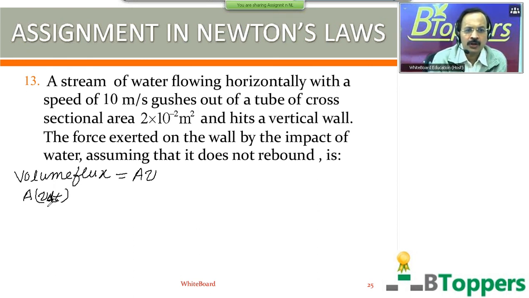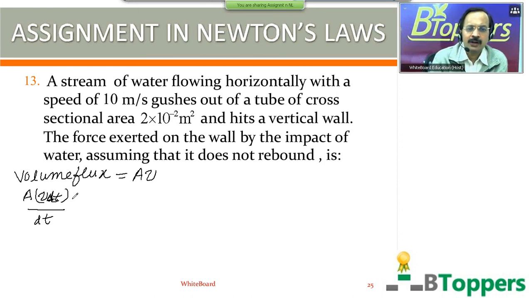So A v dt gives you the volume of the water passing through any cross section of the tube in time dt. So divided by time dt gives you the volume of the water flowing through any cross section of the tube per second. This is called volume flux. Or sometimes in fluid dynamics the same term will be called rate of volume flux, means rate of flow of water. It will be equal to the product of area of cross section and magnitude of velocity of flow.